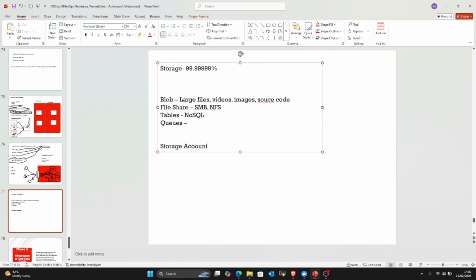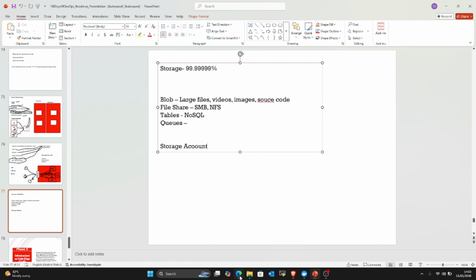So you cannot create a storage, that's the storage that Azure has made available, without first creating a storage account. You can't create a blob storage, a file share, tables, or queue without first creating a storage account. So what we're going to do today is create a storage account. Then we'll look into all of these. What is most important for us is the blob and